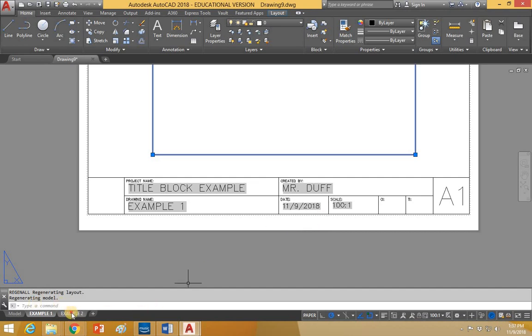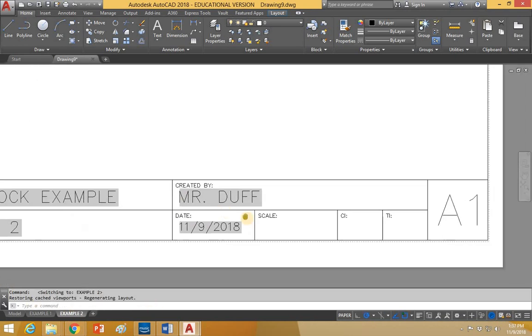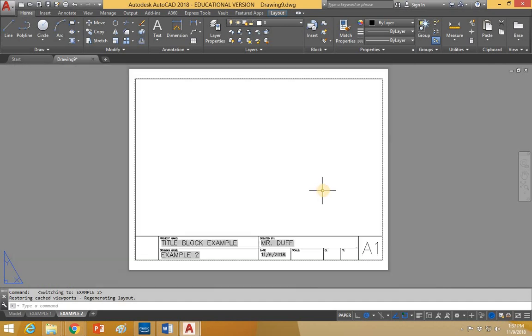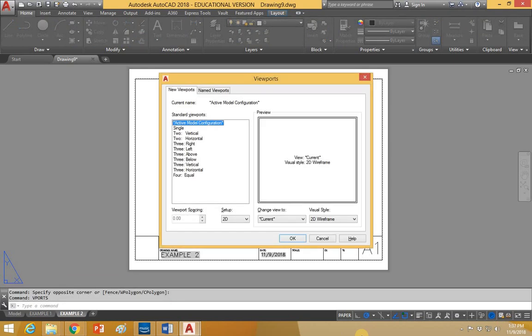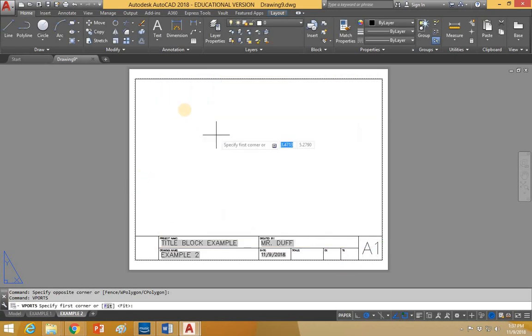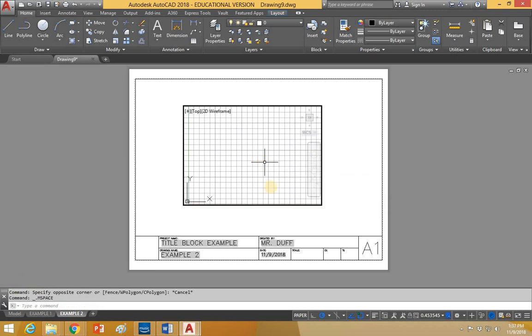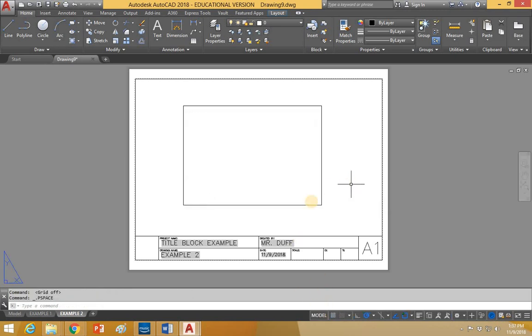We'll do the same thing here on example 2. Right? The only thing that's not great about this whole situation is that you have to make a new text field every single time because you're going to grab it off of a different object. But still, I really think it's worth it. So viewport, single, say OK, double click inside, turn off the grid, field,